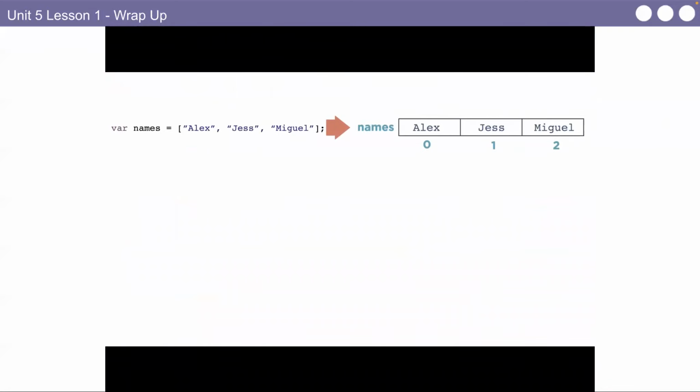To access an individual item from your list, write out the name of the list and the number of the slot you want to access, like this. This means give me the item in the list names, sitting in slot number 2. The official term for slot number is index. So we would read names, left bracket, 2, right bracket, as names at index 2. You might have noticed that the first index in the list is 0. In programming, we usually start counting at 0, which means that names at index 0 is the first item of the list, and names at index 2 is actually the third item in the list.